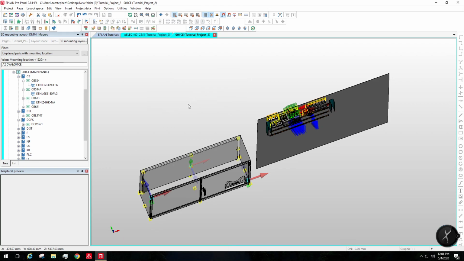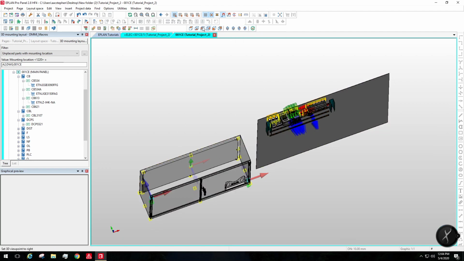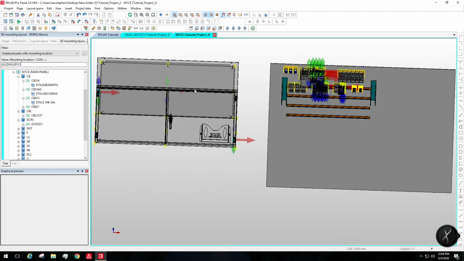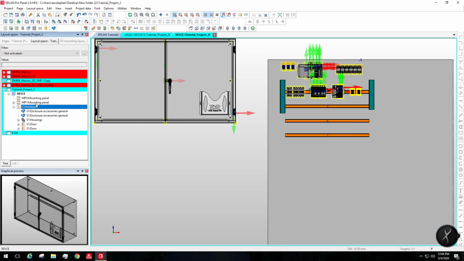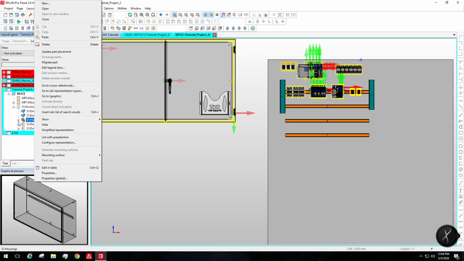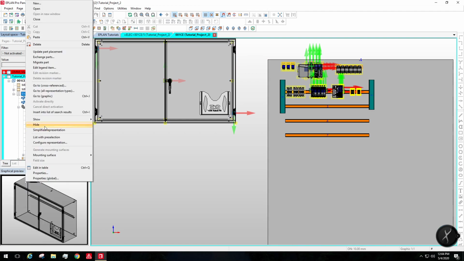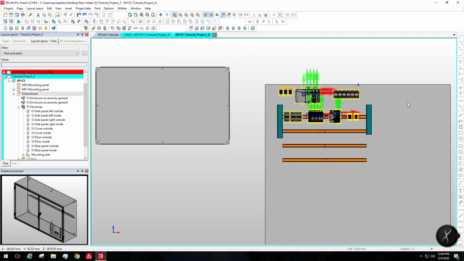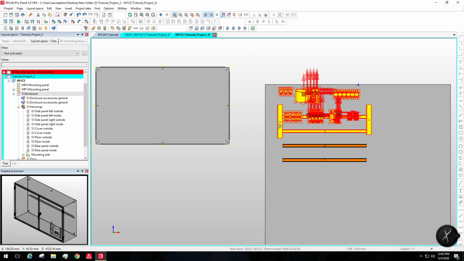All right, so now we can see everything. Let's get the front view again. Now if you come over here to layout space, this is the enclosure, and you just right click up here and go to hide. So now you basically just have your two enclosures shown. So if you come over here and grab all the parts,